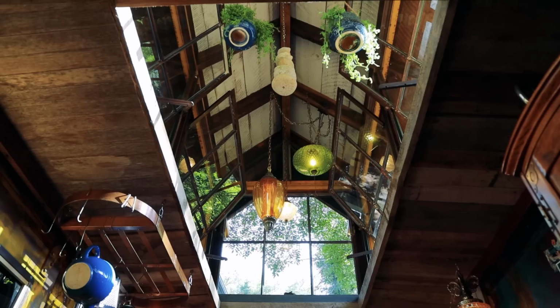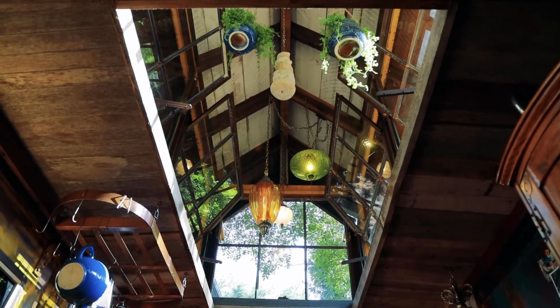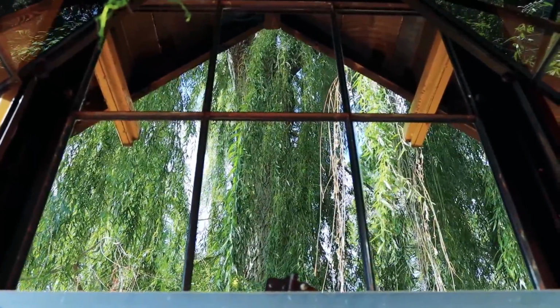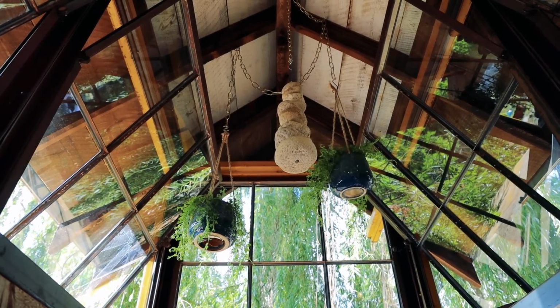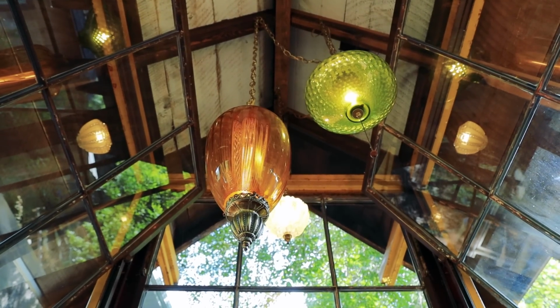But then we also get to see all the trees all around us, and it feels like we're almost in a forest. Yeah, you can lie in bed and just look straight up into the tree line. It just feels, again, magical. And then looking up as well, it's lovely how you've got all of these beautiful hanging plants and the light features. Yeah, we kind of wanted to create a greenhouse effect with this open space ahead,